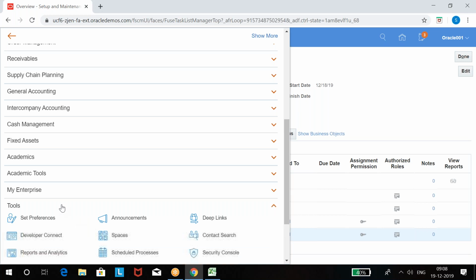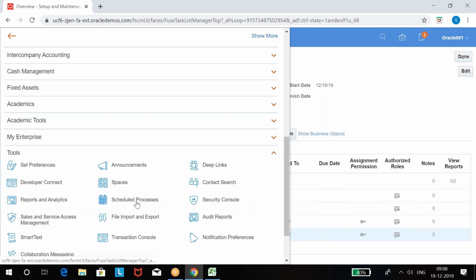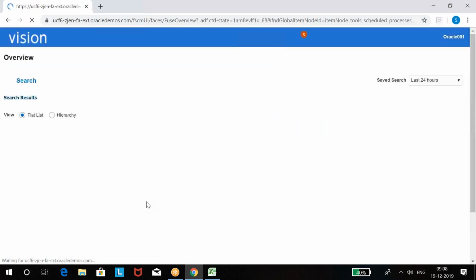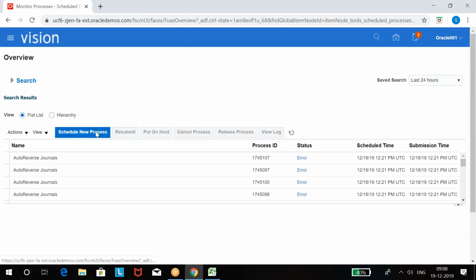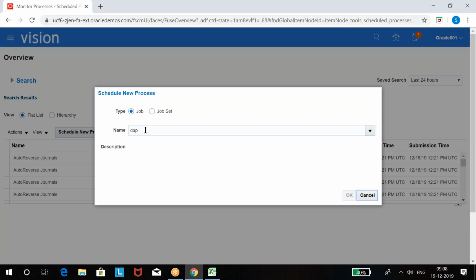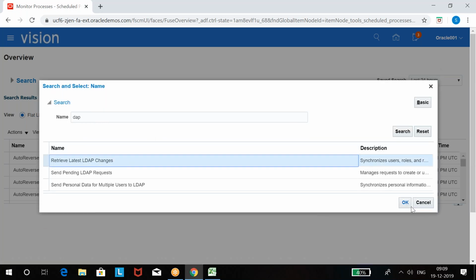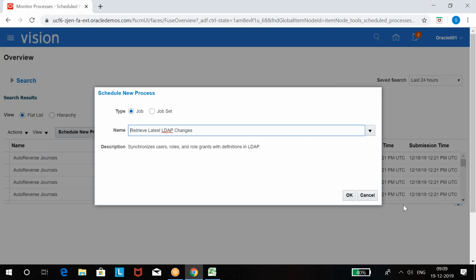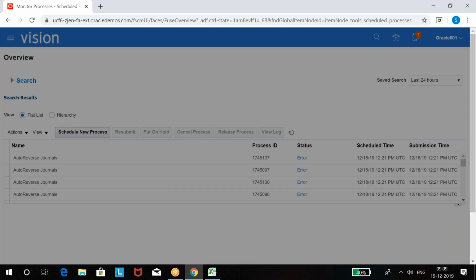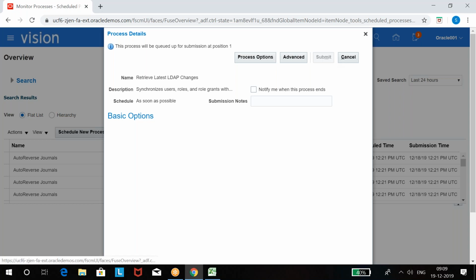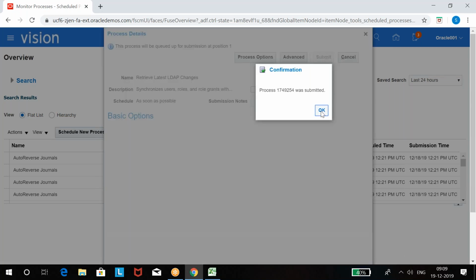Under Tools, Schedule Processes, select Retrieve Latest LDAP Changes, select and OK. Submit.